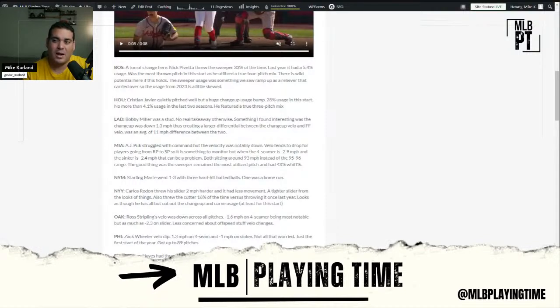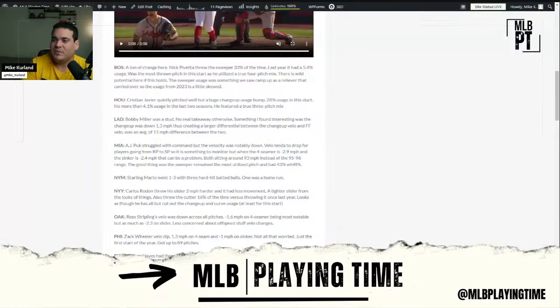Puck struggled with command, which was weird because all spring he had it, but velocity was way down. And again, relievers transitioning to starters, velocity being down isn't out of the ordinary, but this was way down, almost 3 miles per hour, right? So it's something to keep in mind that the fastballs aren't going to be overpowering, sitting at 93 compared to 95 or 96, but he utilizes the sweeper as the most thrown pitch of his, so you're getting a little give and take there. I wouldn't really be worried. I'd still be holding on to him and most likely starting him next outing, depending on the matchup.